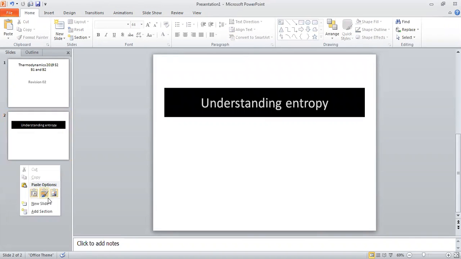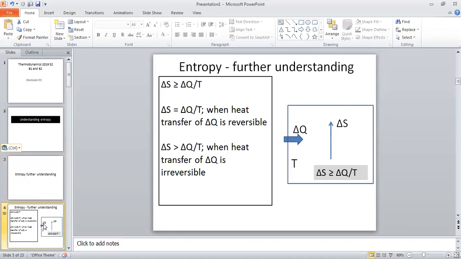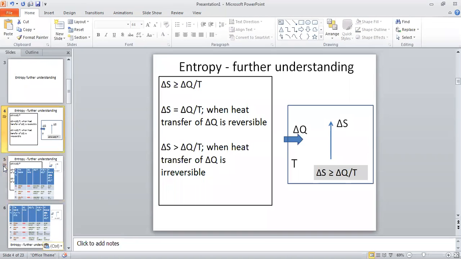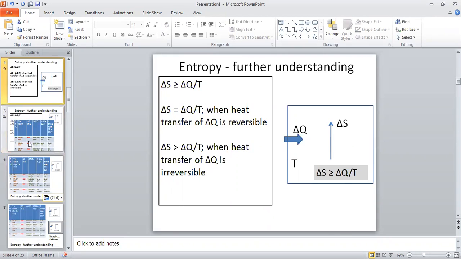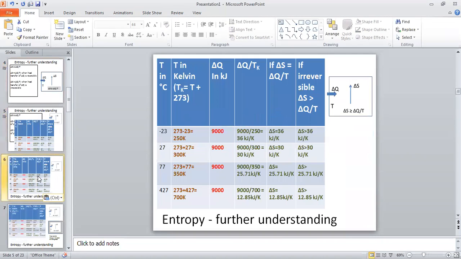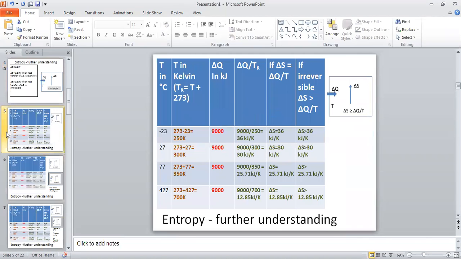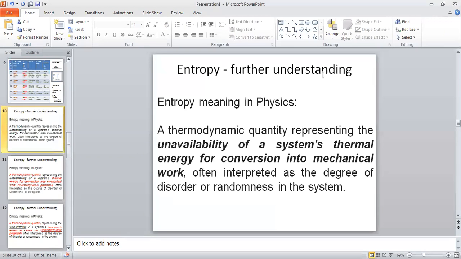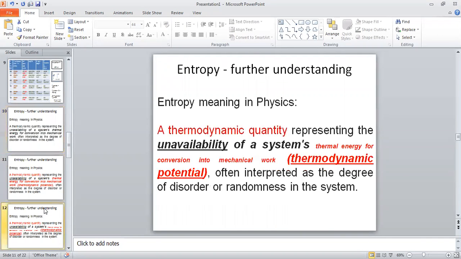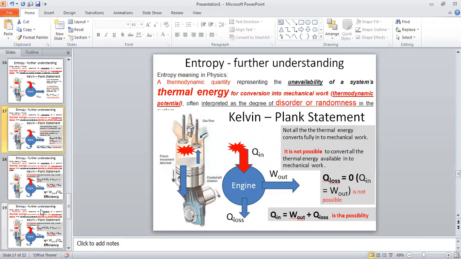There is one notes, and we have done about further understanding entropy. Entropy further understanding. There were slides. So this one, I believe you have this. Okay, this helps entropy further understanding. And here mainly you can see